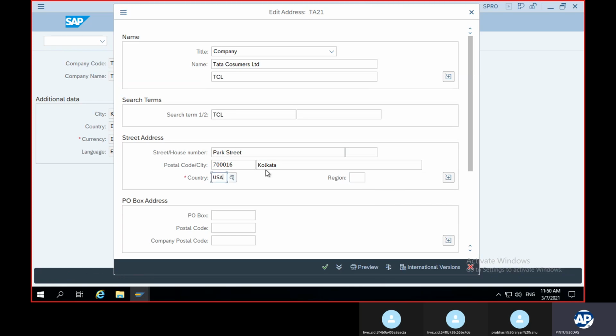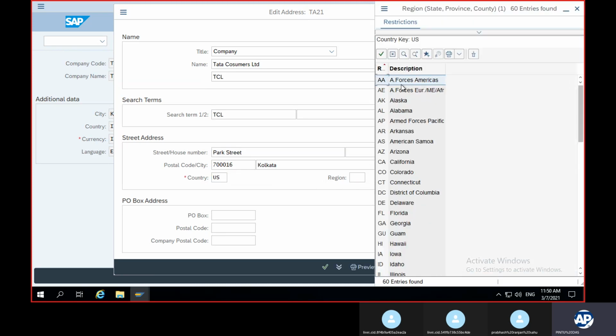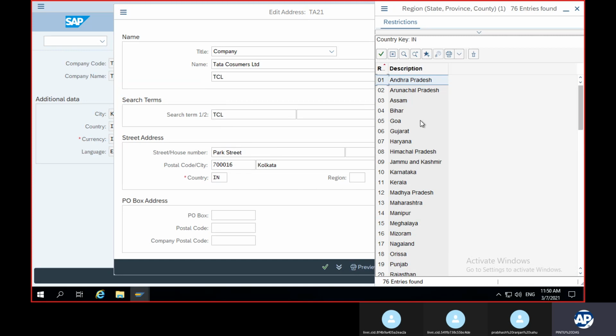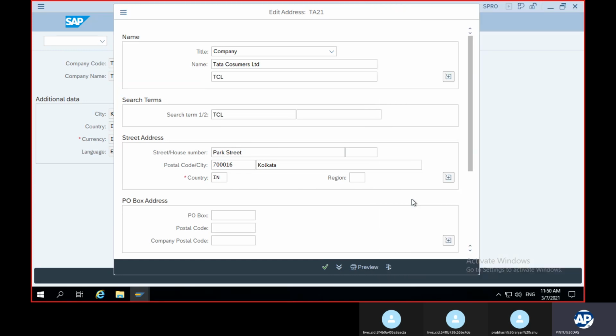So we will give US and click on the region. We'll find the US regions coming: Alaska, Alabama, Florida, California, all these will come. So whatever you give here, the region will change accordingly. Here I've given India because it's an Indian company, so the region I have selected on the basis of my city is West Bengal.